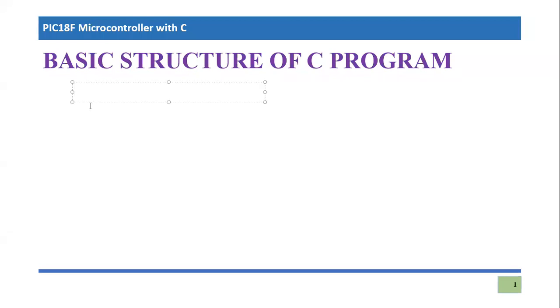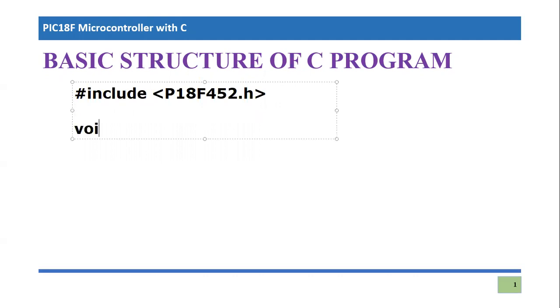First of all, we have to define the directive, which will explain what specific chip of the PIC18 we are using. In this video series, we are going to use the PIC18F452 microcontroller. So I'm going to define it. Hash include. This is a simple include directive, which is going to define the chip, which is P18F452.h, right? So this is the include directive, which will let the compiler know that we are going to program the PIC18F452 chip, right?